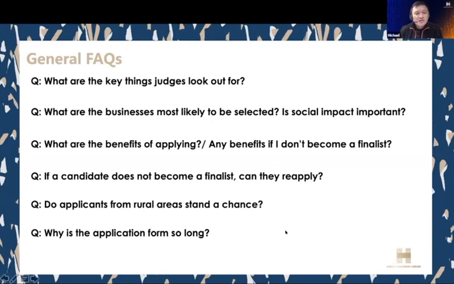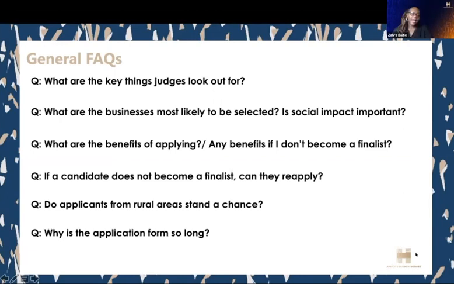So the application is long for a reason, because this is also a self-reflection for your business and how much you understand your business, your markets and customers. At the same time, we also need to understand you more in order to make the right decision. So I think that's why the application is so long. And to be honest, it itself is a screening process.